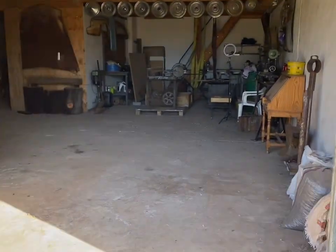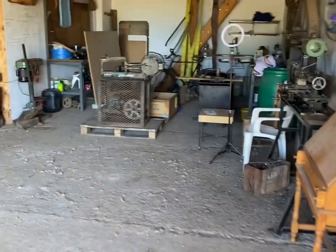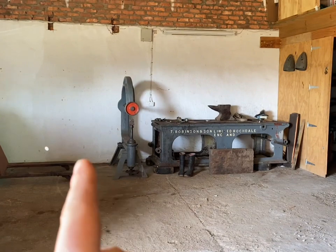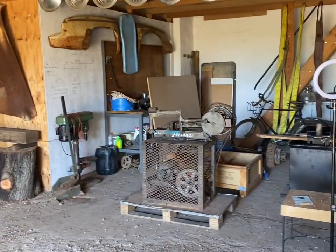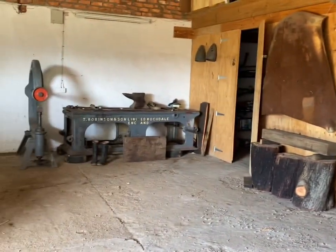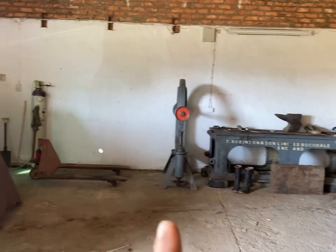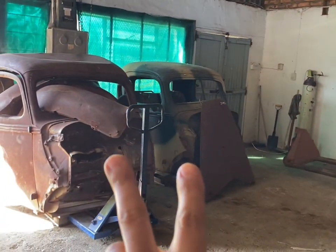Okay, so things are looking a little bit different in here. Some exciting stuff going on. I've moved the cut-off saw to here. I've moved everything in there, piled as much as I can in there, because tomorrow the English wheel is going, the two cabs are going,